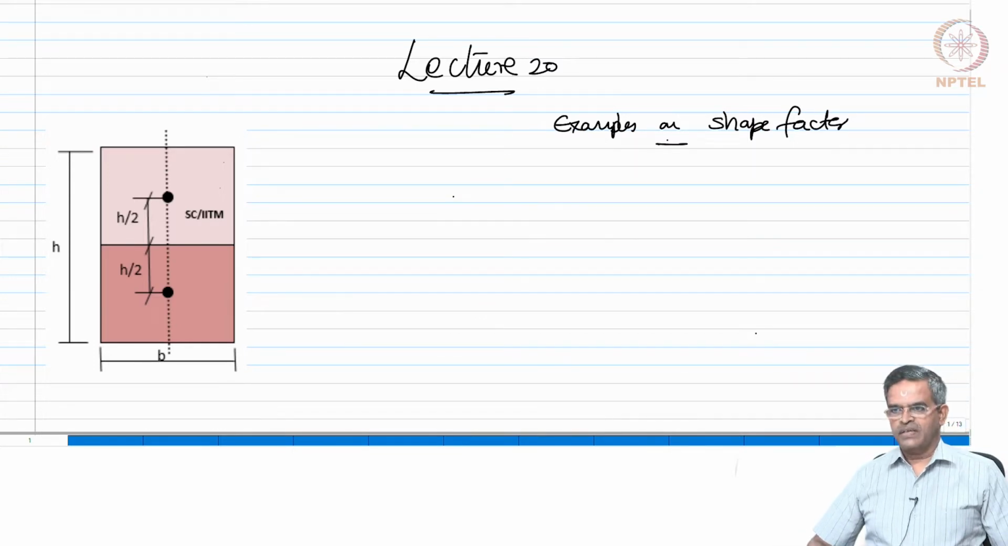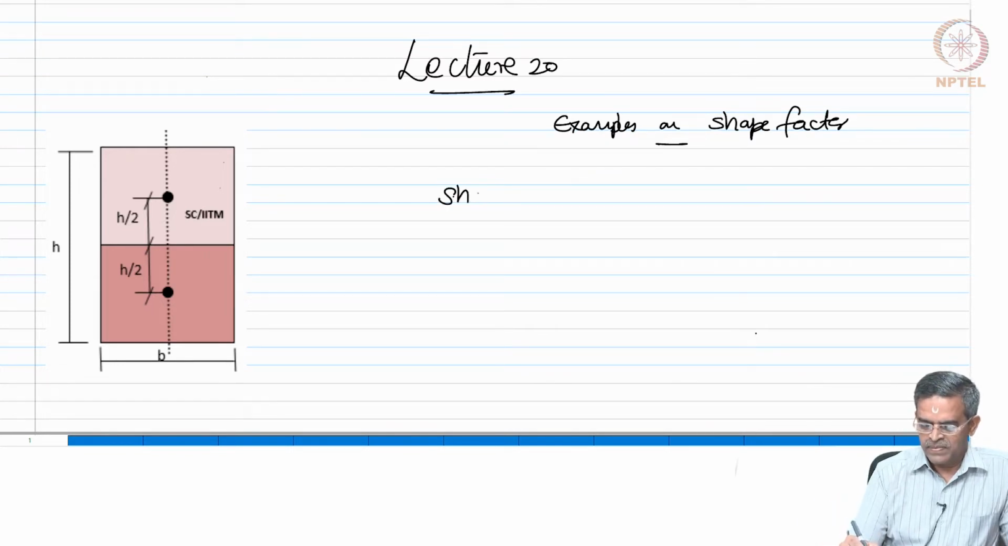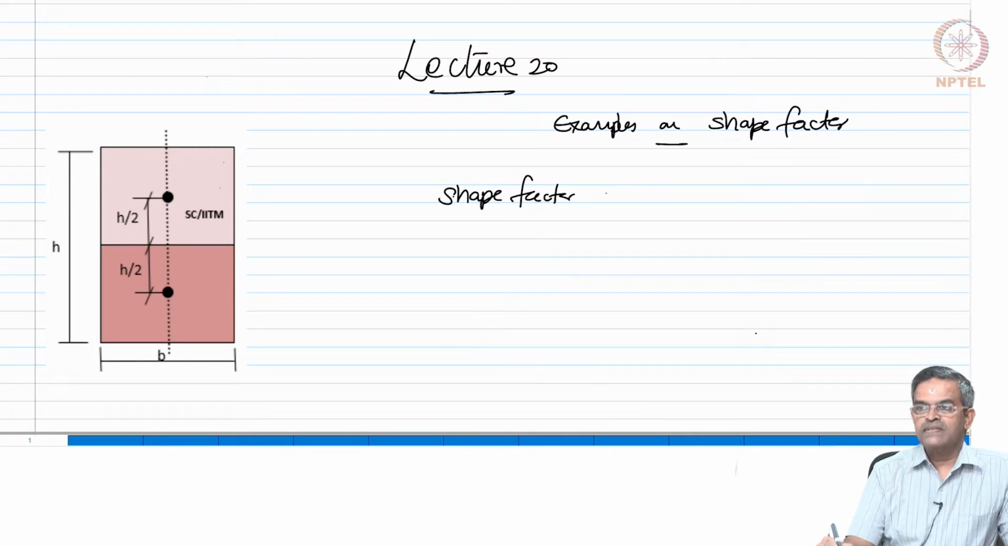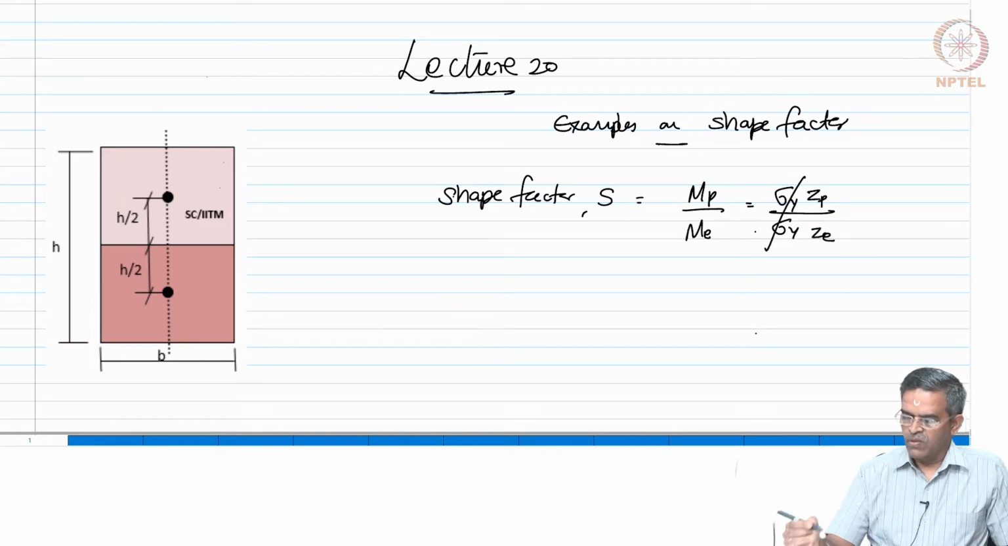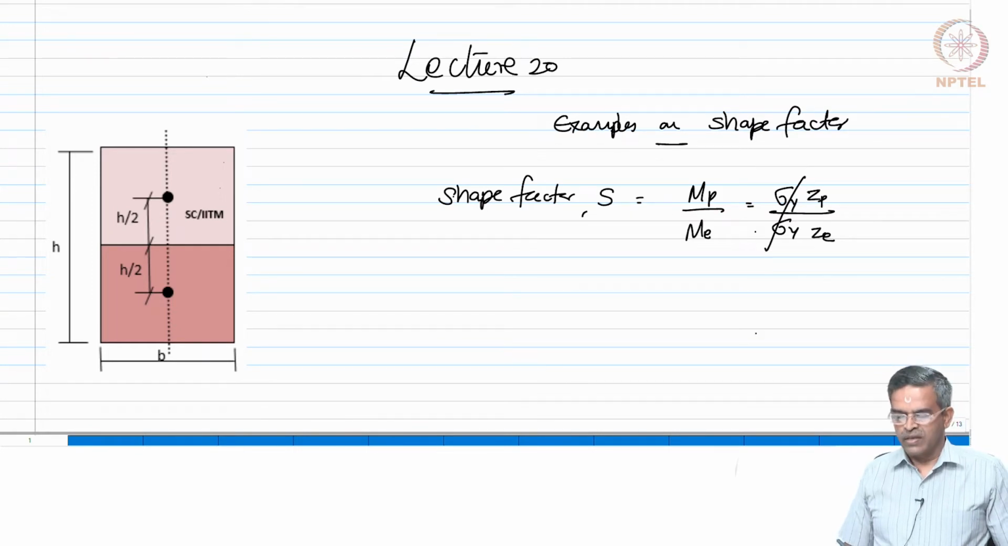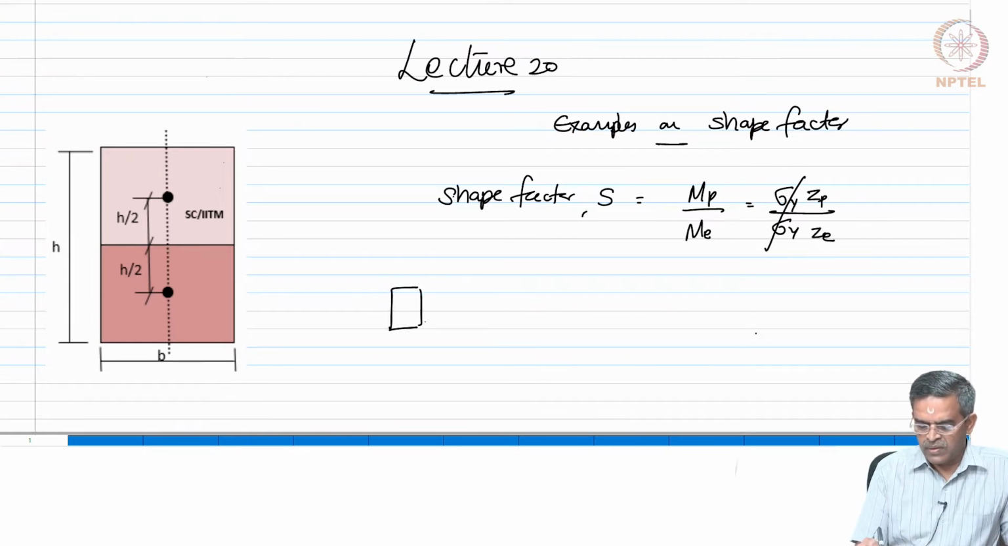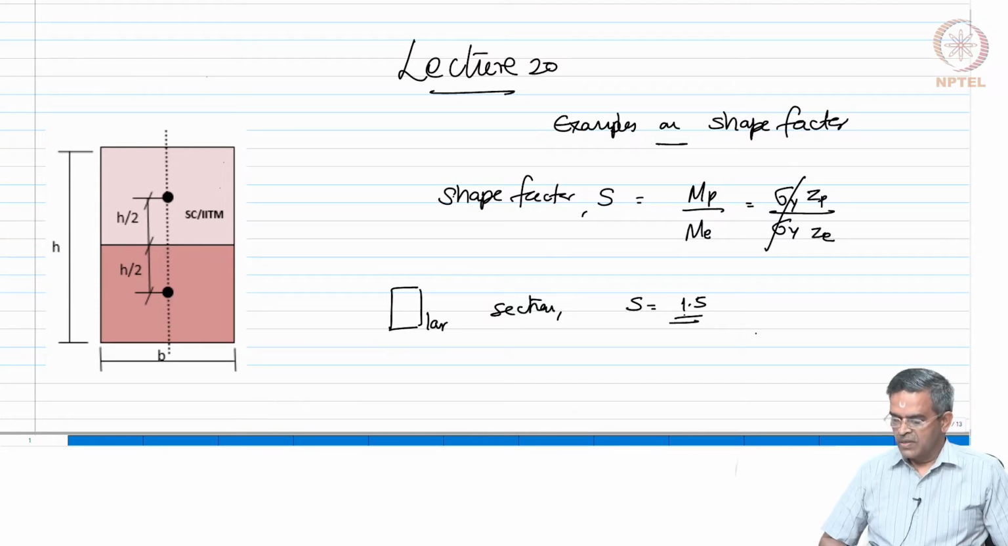In the last lecture, we already said that shape factor is expressed as MP by ME, which is sigma y ZP by sigma y ZE, and therefore, it is actually the ratio of section moduli of plastic to elastic. So, we applied and worked out a rectangular section, and we got the shape factor as 1.5. Okay, we derived that. Now, we will derive furthermore